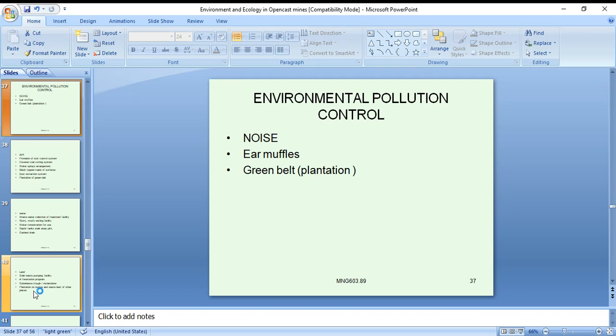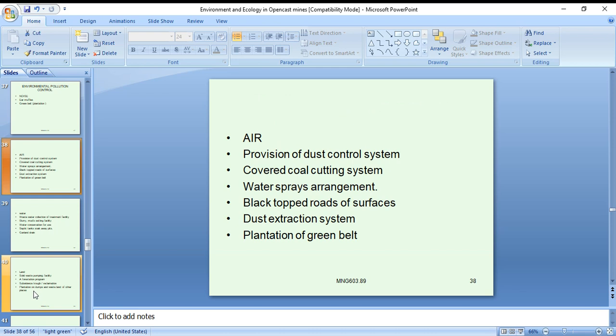Environmental pollution controls: noise, ear muffs, green belt plantation. This is a general phenomenon of activity. Air: provision of dust control system, covered coal cutting system, water spraying arrangement, black top road surfaces, dust extraction system, plantation of green belt is also one of the important.